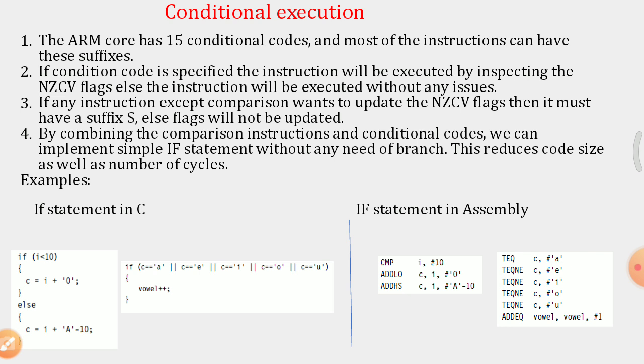At the end, ADDEQ. EQ is again the Z value. If Z is equal to 1, then the add instruction is going to be executed. So if Z equals 1, that is if the result is 0, then ol is equal to ol plus 1, an addition of ol with 1 loaded again into ol. Like this, the conditional execution can be implemented.